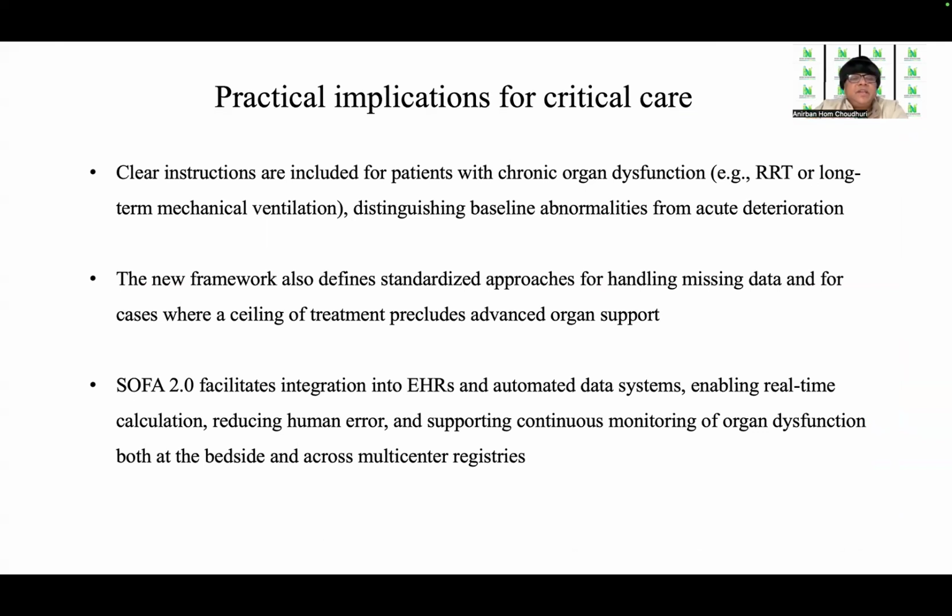Clear instructions are included for patients with chronic organ dysfunction like RRT or long-term mechanical ventilation, distinguishing baseline abnormalities from acute deterioration. The new framework also defines standardized approaches for handling missing data and for cases where a ceiling of treatment precludes advanced organ support. And the SOFA 2 version also facilitates integration into electronic health records and automated data systems, which enables